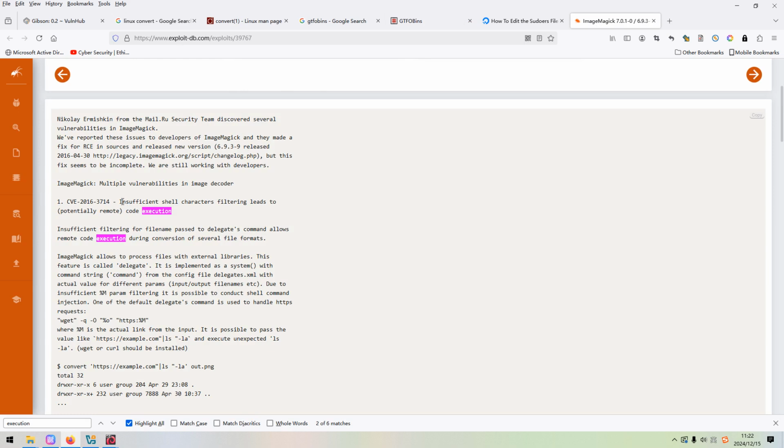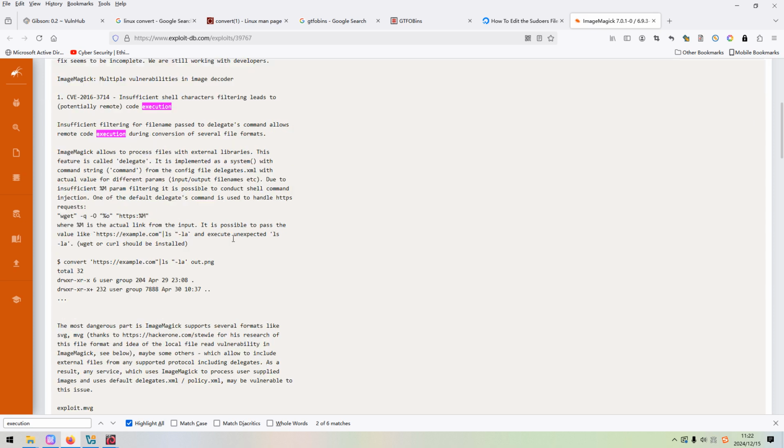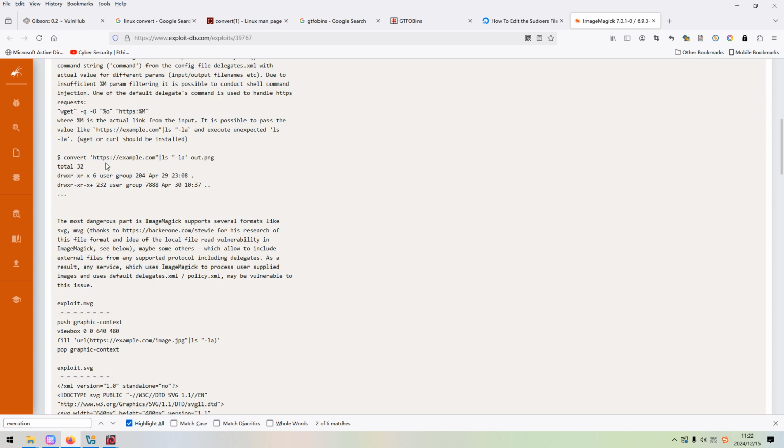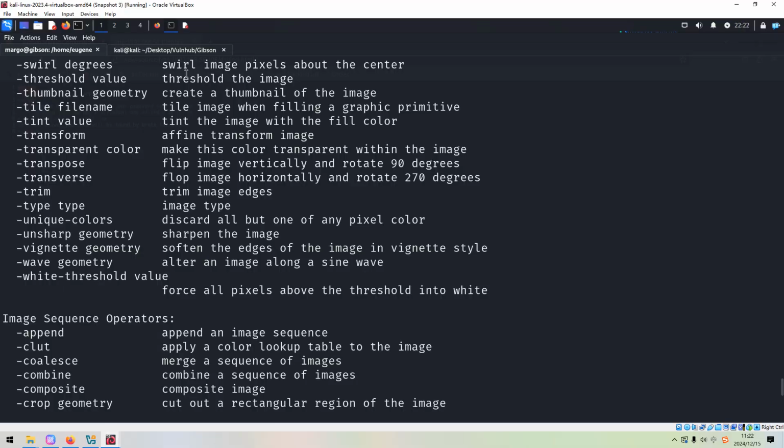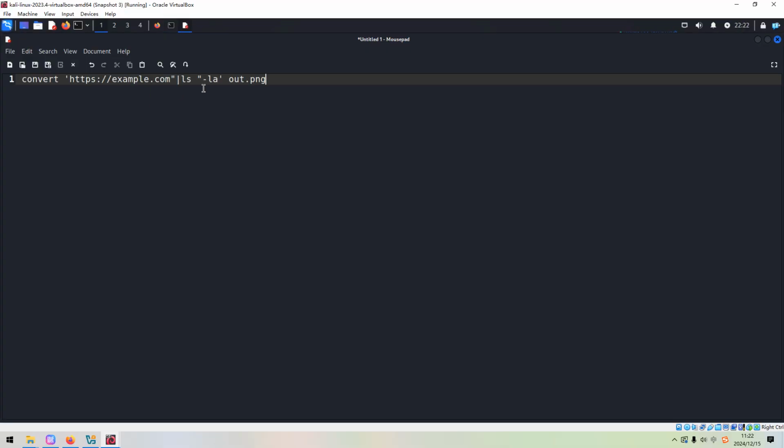Insufficient shell character filtering leads to potential remote code execution. So now we just follow the instructions. For example, maybe we can copy and paste over here.